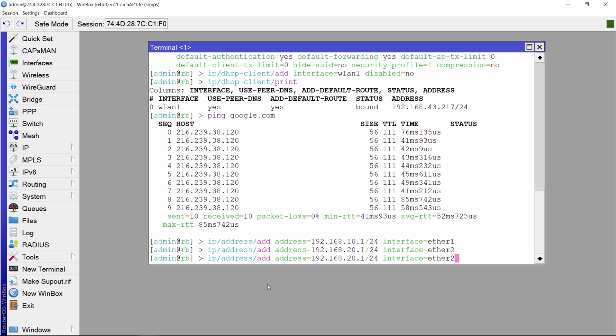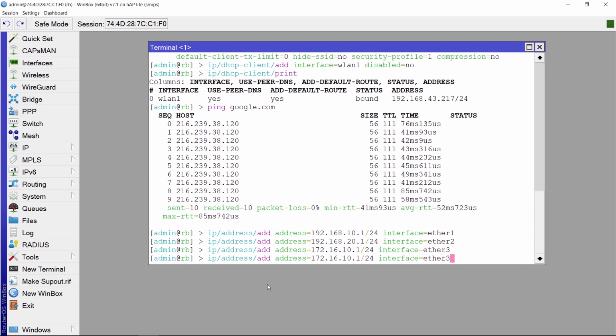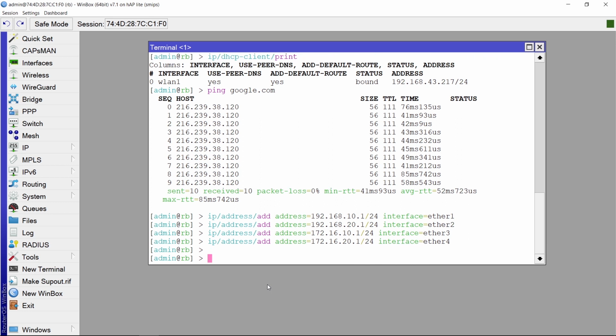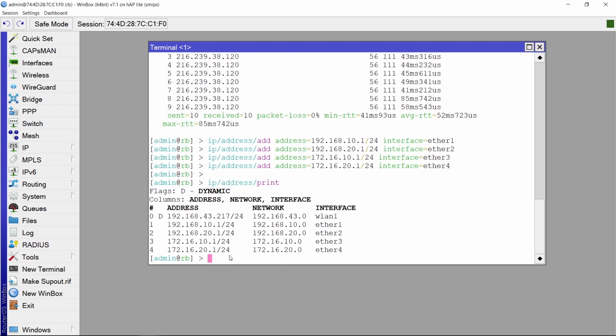Next, for interface Ether 3. Here for address is 172.16.10.1/24, and for interface Ether 4 with address 172.16.20.1/24. Then check whether the added IP address is correct or not with the command IP address print. This is the IP address is according to the network topology.